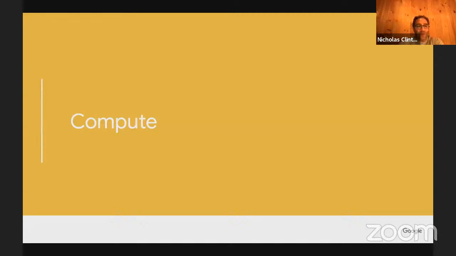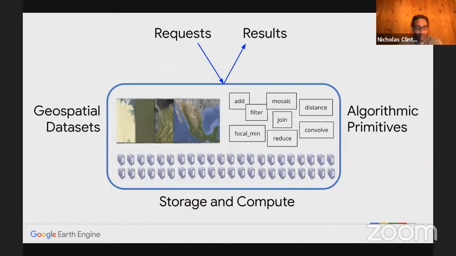Compute. So how does all this work? I'm just going to pull back the curtain a little bit here. When you write code in, for example, the JavaScript client or the Python client, what happens is your code gets turned into a special request by one of those client libraries, either the JavaScript library running in the code editor or the Python library that you would download to your machine. So you write a bunch of code, the client library turns it into a request. The request is sent to Google servers for